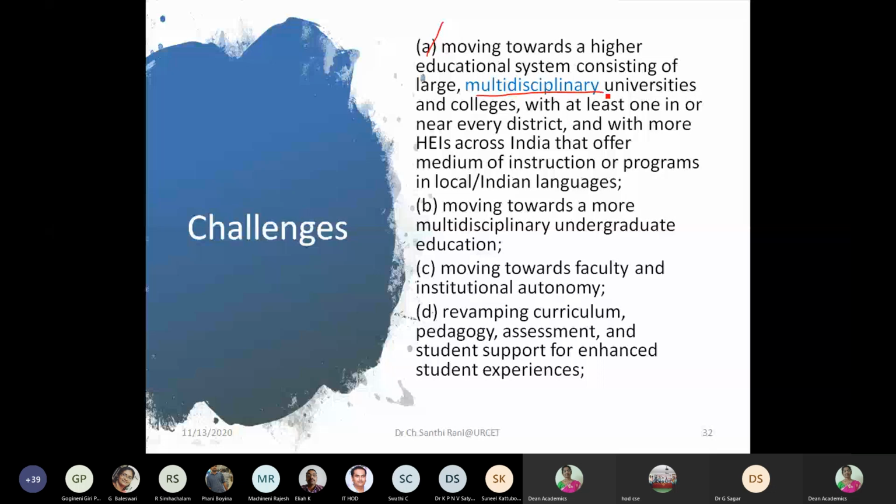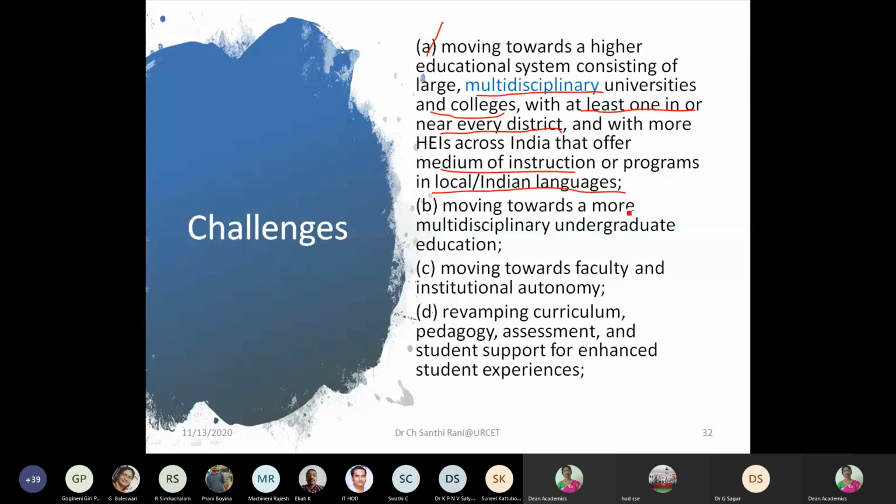multidisciplinary universities and colleges, with at least one in or near every district. Ours is a small continent, we say, right? A subcontinent. So very big India. So establishing such multidisciplinary universities and colleges, at least one in every district, is a great challenge that we are going to face. And with more higher educational institutions across India that offer medium of instruction or programs in local Indian languages. This is another very big challenge, because teaching higher education in local Indian languages is a great challenge, but we are going to face that challenge. We will be able to